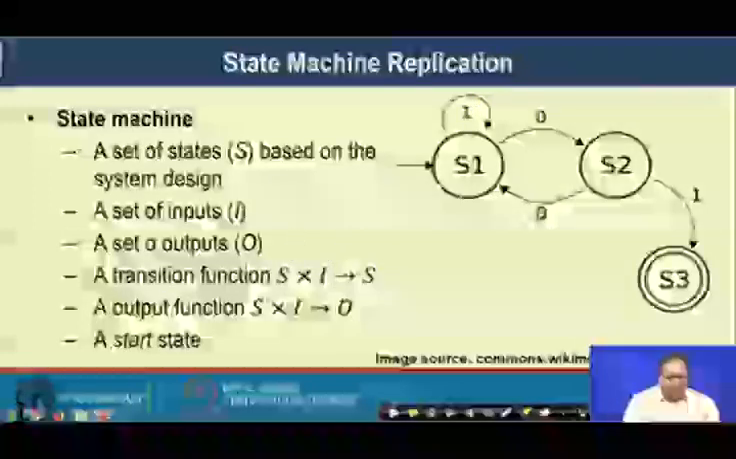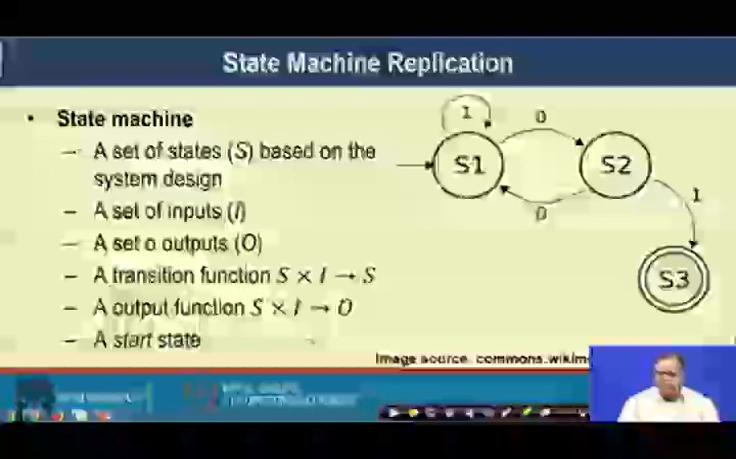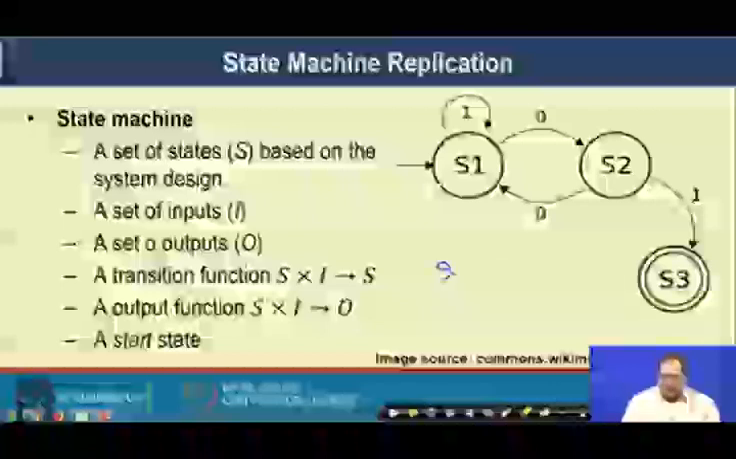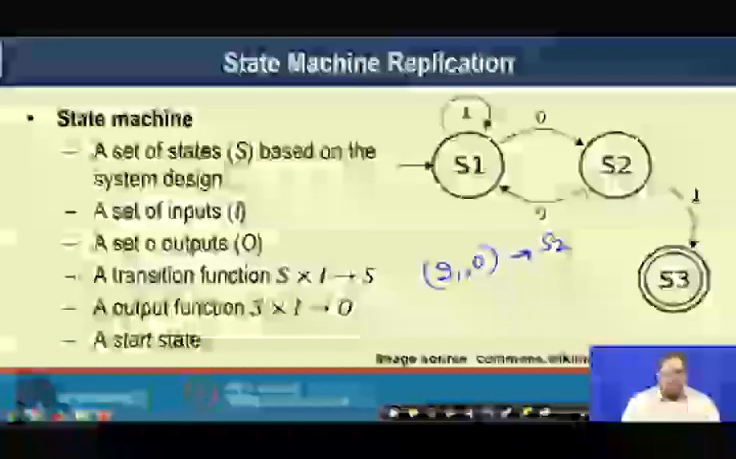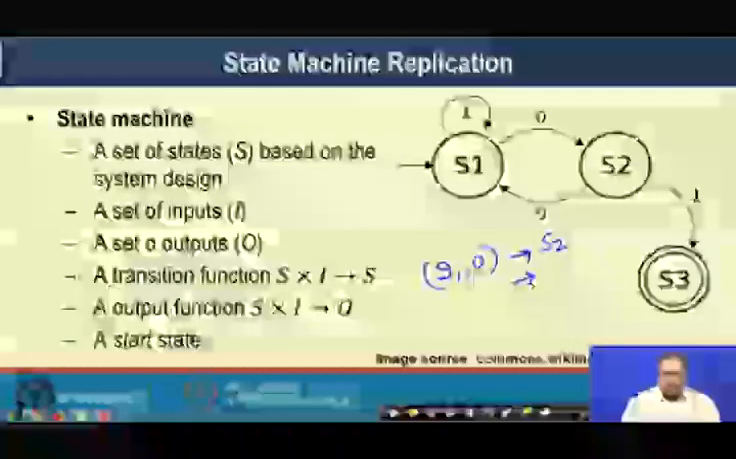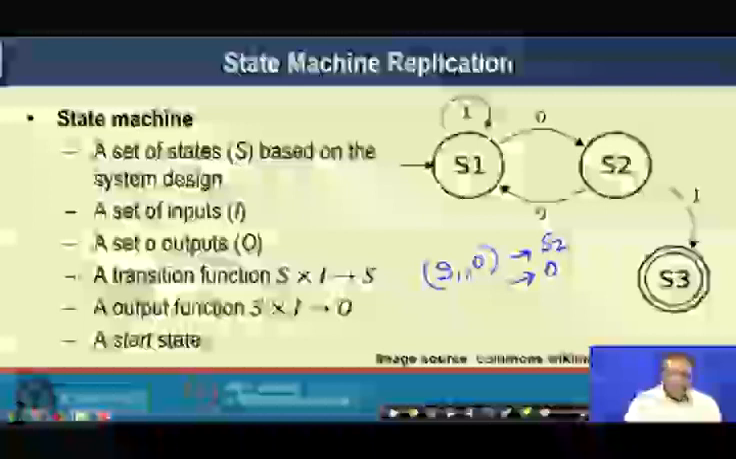Then you have an output function which may produce the output of the system. In this particular example we do not have any output, but it may happen that if you have S1 and input 0, you move to state S2, that is your transition function, and at the same time you may produce 0 as output. So, that way, for certain state machines you may have an output function, and there would be a designated start